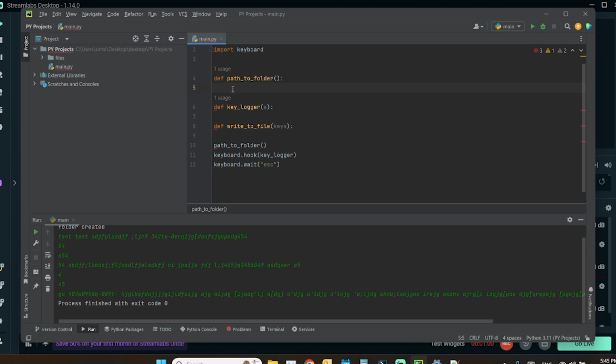So first we need to set the path to where the folder is going to be created. So we're going to call this one folder path. And I already went ahead and copied and pasted my local destination, my local path for it. Obviously yours is going to be different. I'll go ahead and call this one